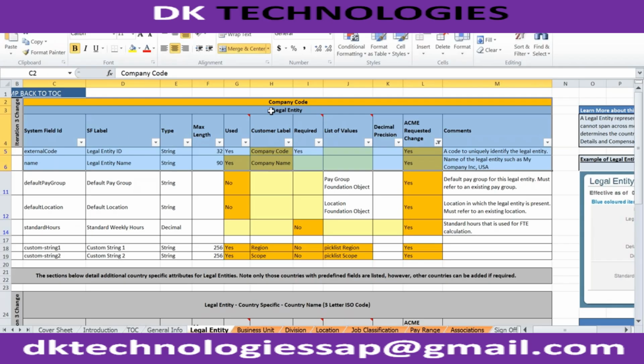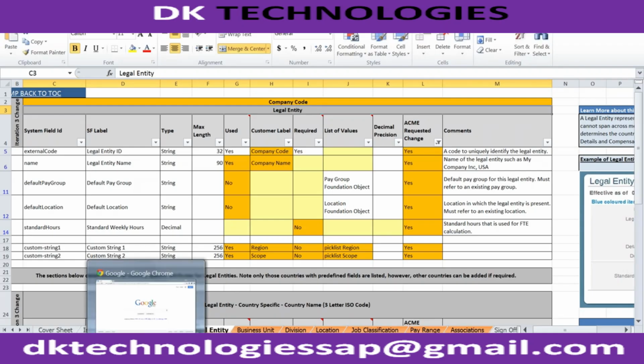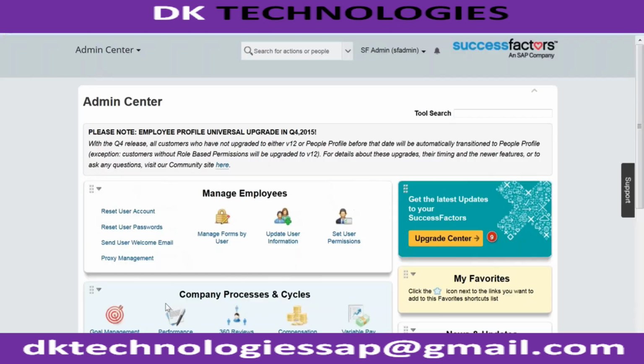So one of the changes: I don't want to call my organization's legal entity a legal entity. It should be called a company code. So where you will be able to see the legal entity right now is if you go to your